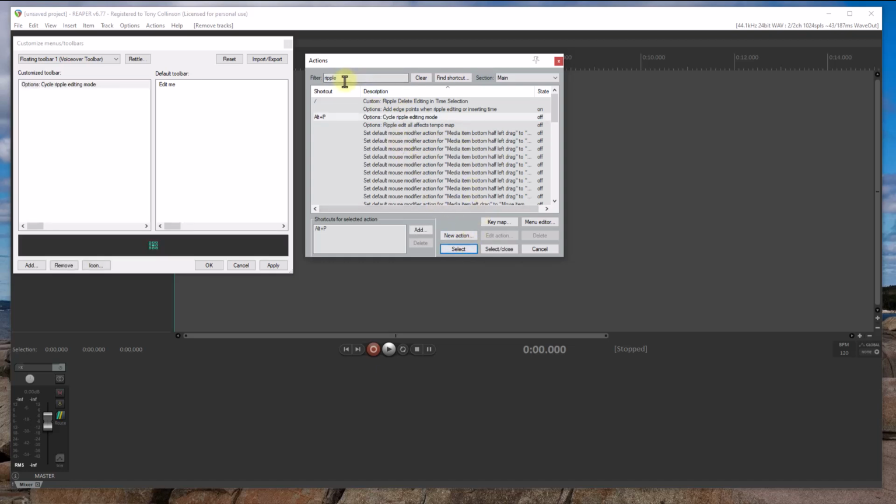We're then going to require rendering, so let's just clear that and type render, and I believe it's somewhere higher up here. Let's just have a look. Render project using the most recent render settings, and that's the one that we want. Now let's just close that,